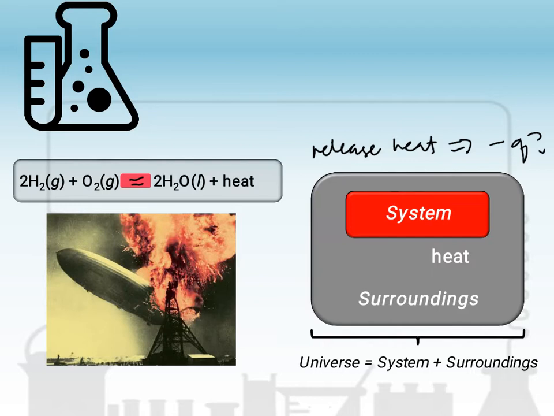Imagine that you would transpose the heat from the product side to the reactant side. At according sa algebra, kapag nag-move ako ng isang positive na term to the other side, magre-reverse yung sign niya at magiging